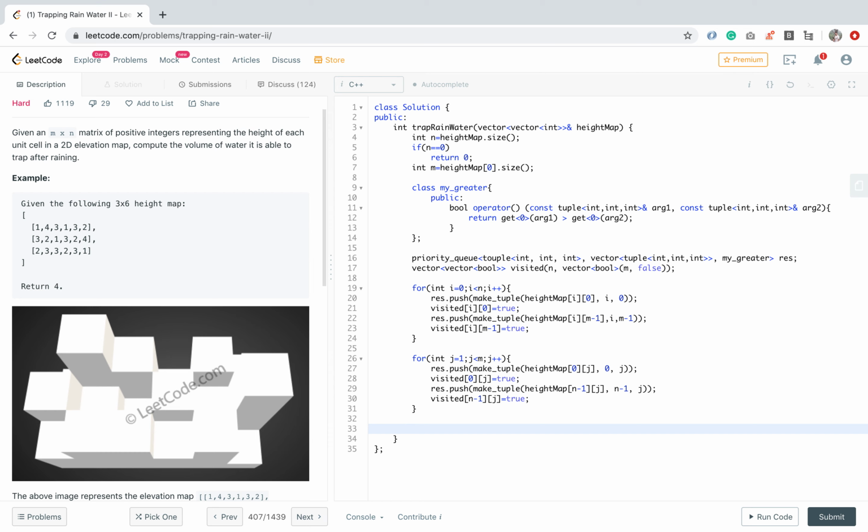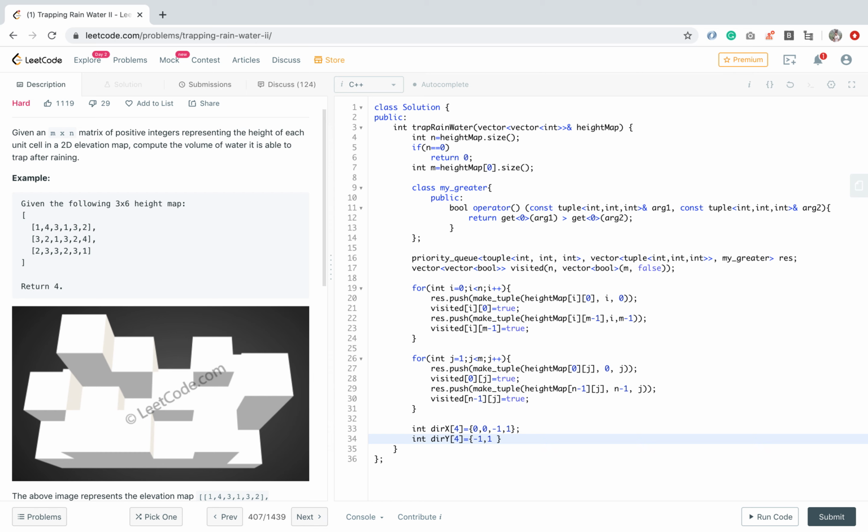So now we have to visit all the neighboring states. Neighboring state means you can move in the four directions. So we will take two arrays of size 4, which describe in which direction we want to move: direction x and direction y. If we move downward, then 0, minus 1 will be one combination.